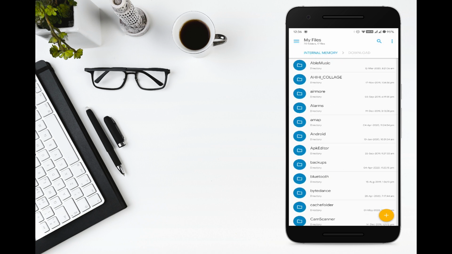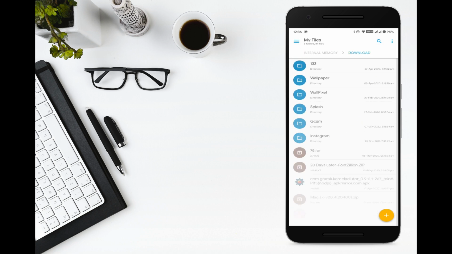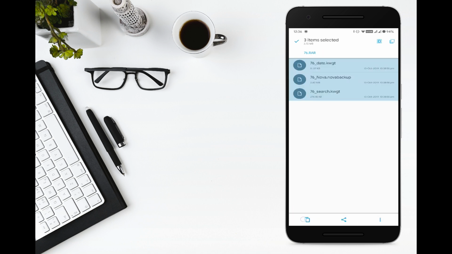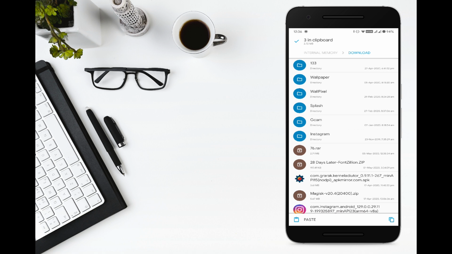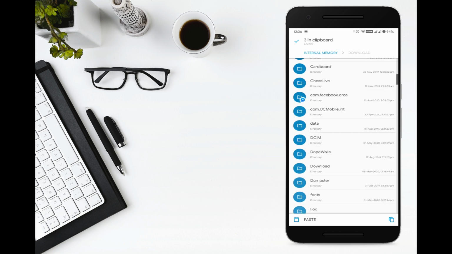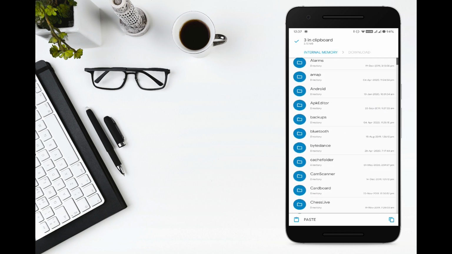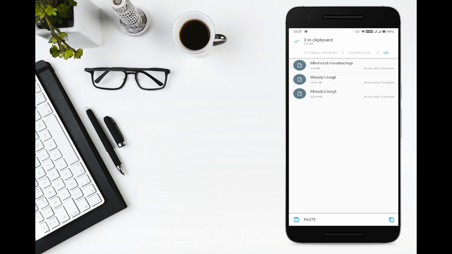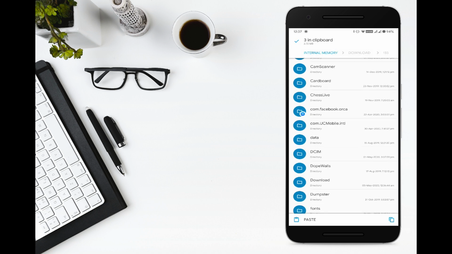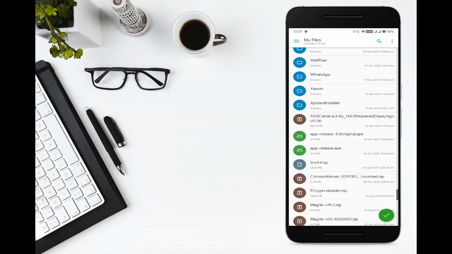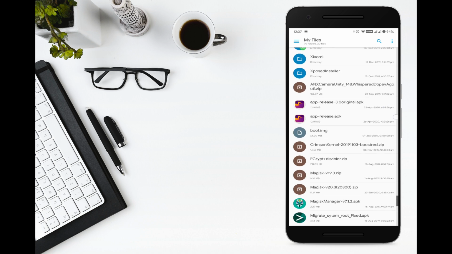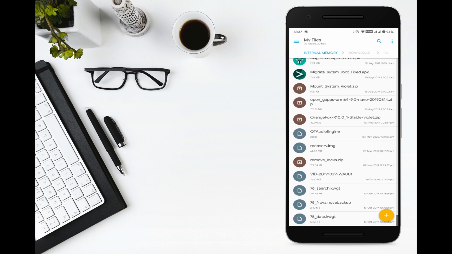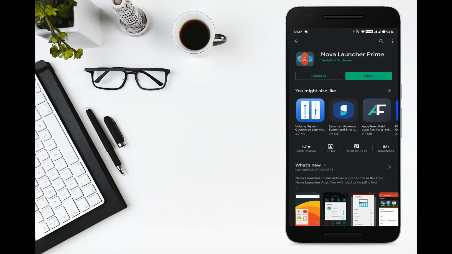Now there will be a zip file created in your downloads folder. Actually it is the backup of the launcher as well as the KWGT widget. We need to extract it to use in our home screen setup. So let's extract the zip. I'll extract the zip to any directory, but here I am extracting to the root directory because it will automatically be fetched in the KWGT app. You can also extract to any directory you like.